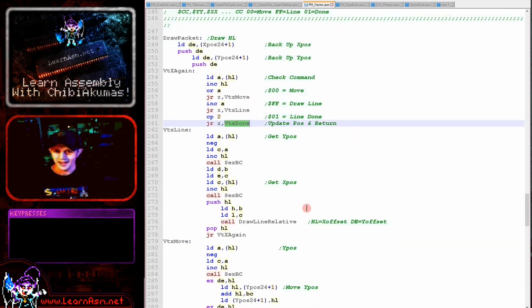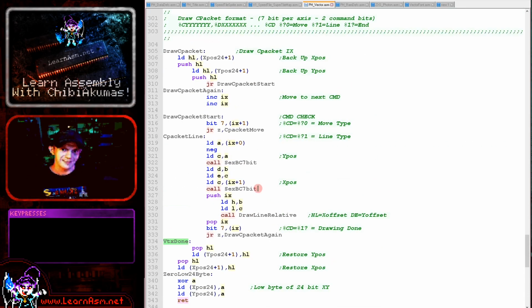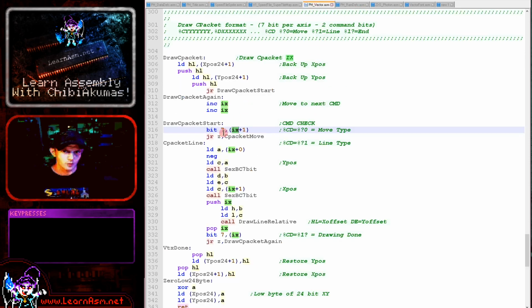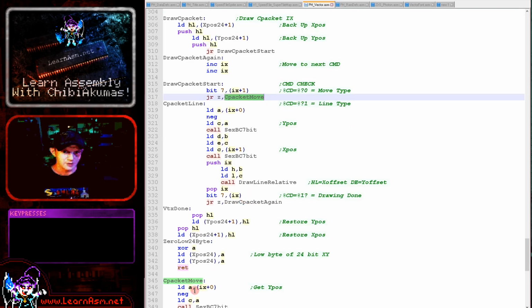Now, the VTX done we haven't seen. That's because it's shared within the draw C packet version, which, to be honest, is almost the same as well. Now, we need some more registers here, so this time we're using IX as our source data here. Firstly, what we're doing here is checking the top bit of IX plus 1, which is the X position, and this defines, if you remember, whether we're drawing a line or doing a movement. If I just go back here, we're basically checking this bit here in the second byte of the pair. So that's what we're checking there, and if it's a 0, we're doing a move, and if it's a 1,